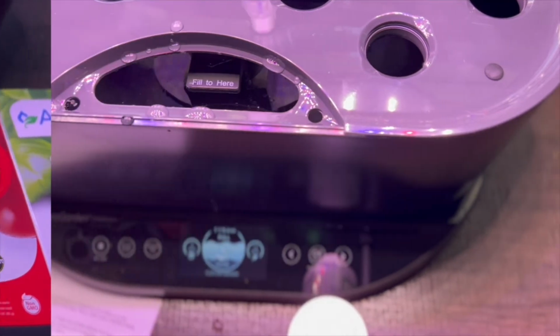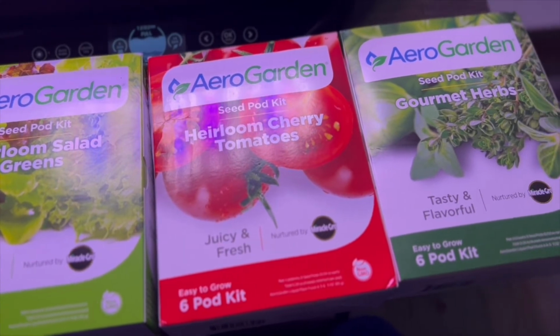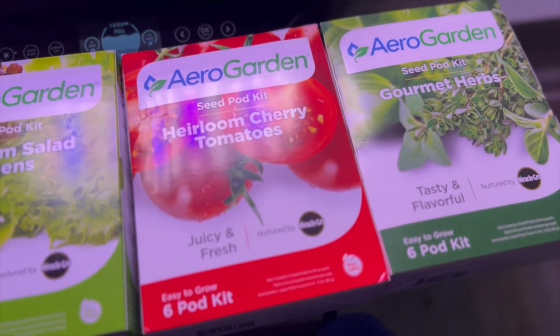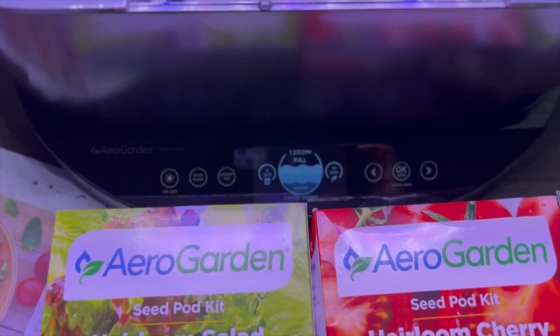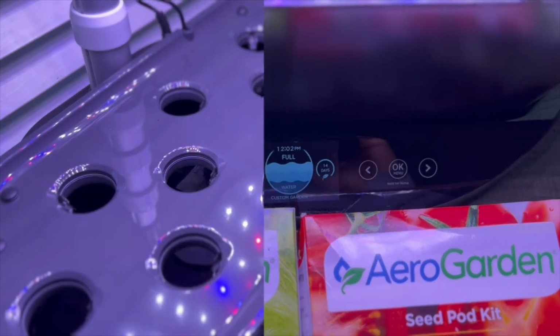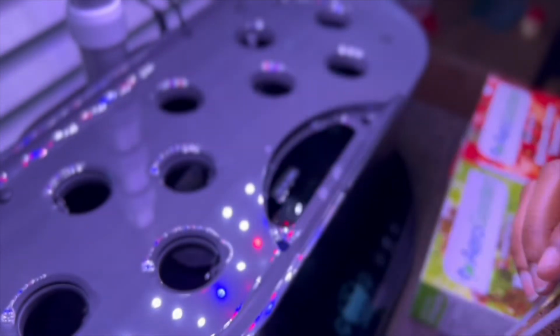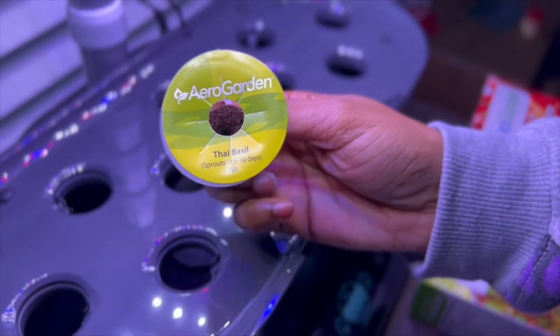Now we have our system set up and it's time for the good part. I decided to go with a few things to create some salads. So I did heirloom salad greens, heirloom cherry tomatoes, and a gourmet herb variety. And here is Genovese basil, Thai basil,